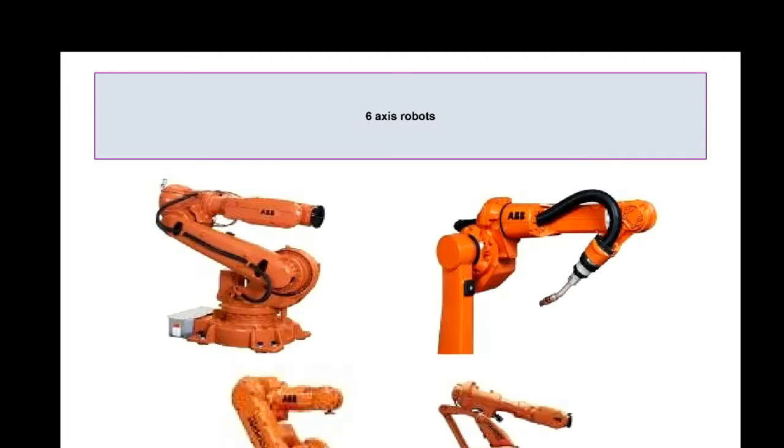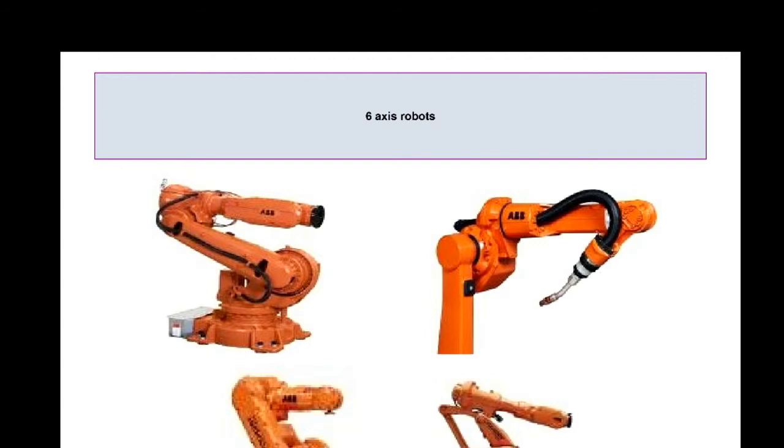Next, 6-axis robots. Yes, I already told you people, axis in the sense, we have robot arms. Here you can see these robots have 1, 2 and 3 arms. They have 3 arms. In the first arm it has 3 axes, which are called minor axes. In the base it has very big arms, which we call major axes. We can see this major and minor axis elaborately in the next slides.